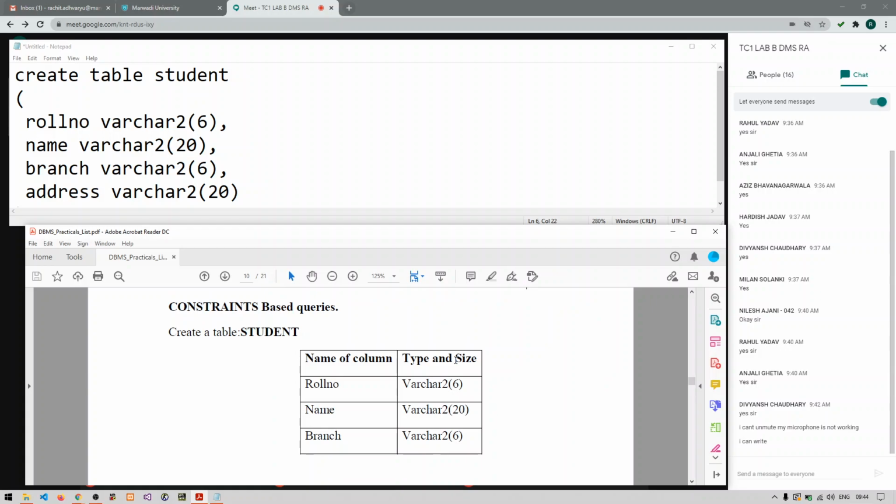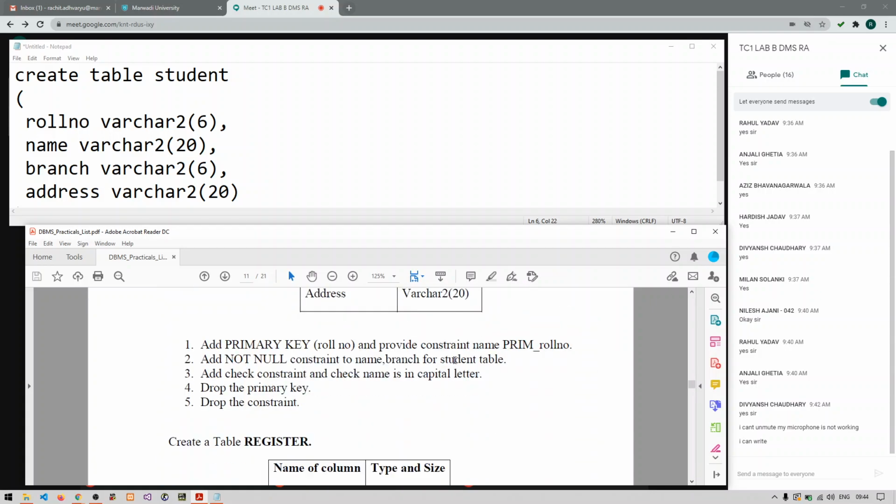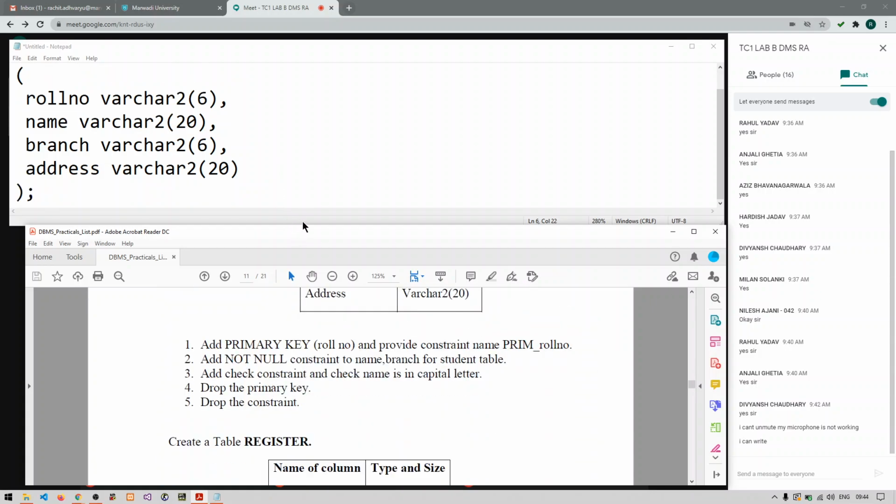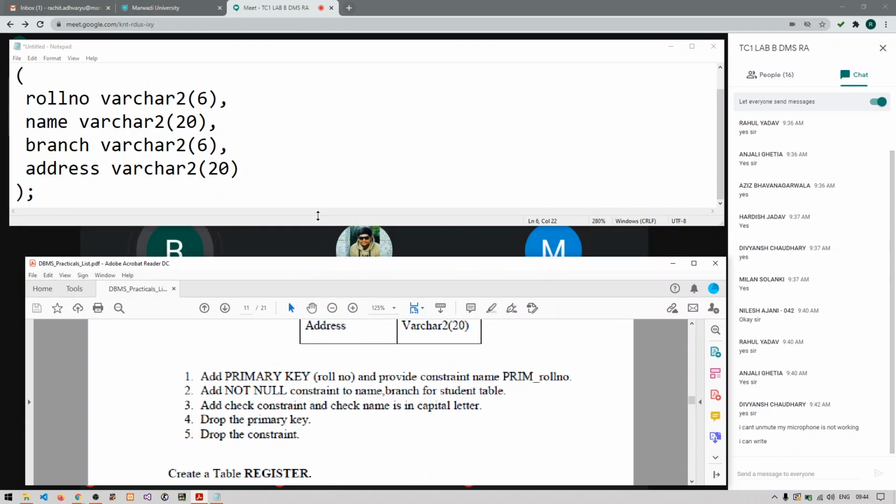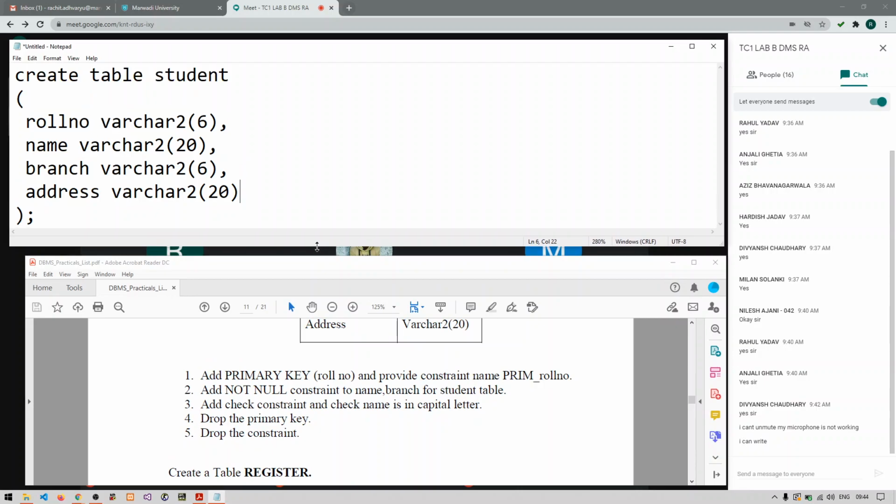Right. So we have created the table, right? So now, is the syntax of table creation correct, first of all? Or is there any mistake? Anyone? Is this syntax correct or wrong?